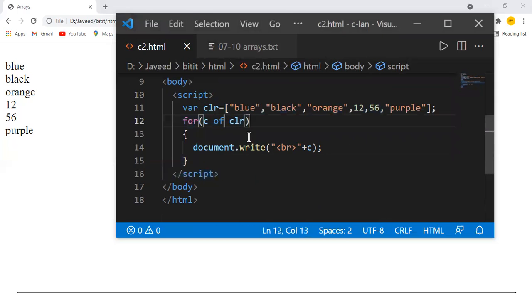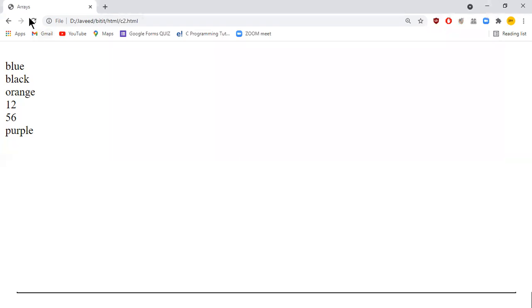Right. Now we have one more loop. The for C in loop is going to be there for me. So the first one was the of loop we took, and then one more is the in loop. Now let us see how they are going to be different, then we'll discuss more on that. I'll just save this and then I'll refresh.